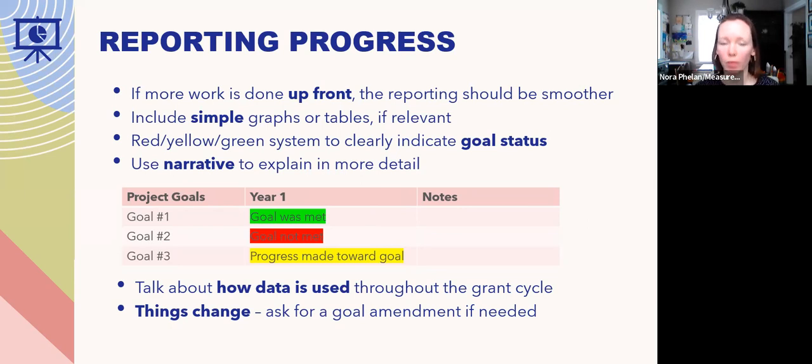But I have seen it happen. Let me say that funders have been approached and have granted amendments that have been reasonable and understanding to a certain situation that has required goals to change for some reason. So perhaps you all have a different experience, but I just wanted to put that out there, to not be afraid of exploring that as a possibility.